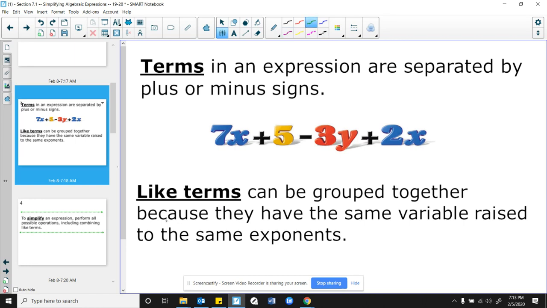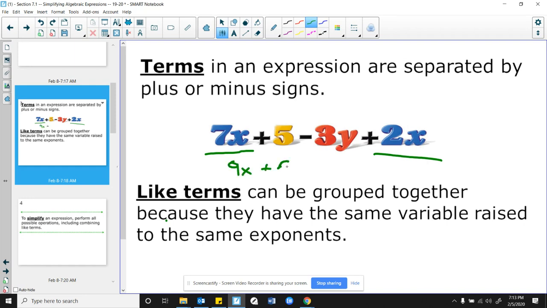So my 7x right there and my 2x right there, if I combine both of those, a 7x and a 2x added together, what are those going to combine to? Those are going to combine to 9x. So a simplified version of this expression would be 9x